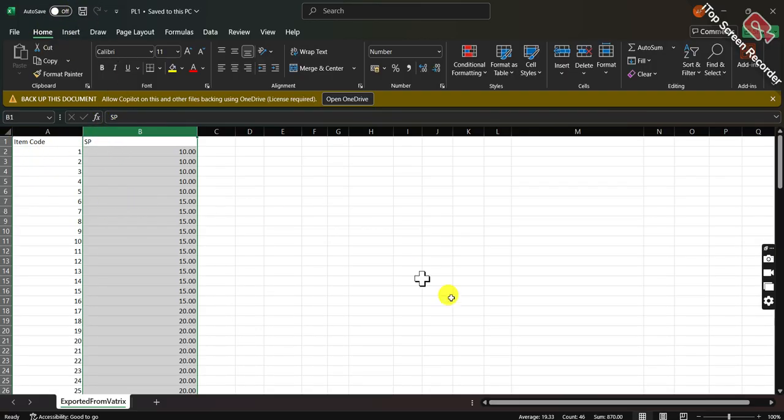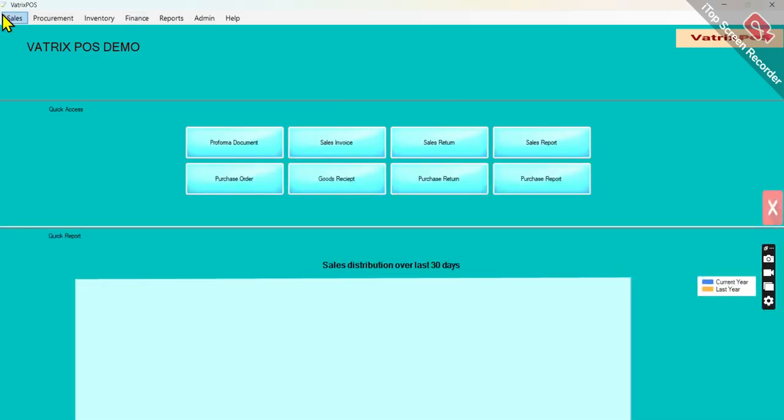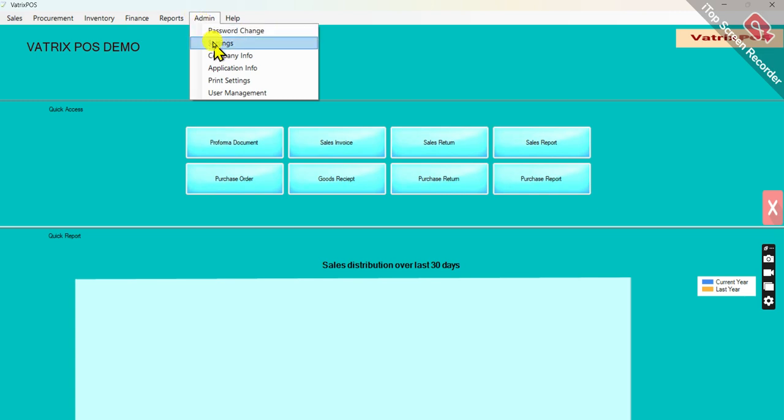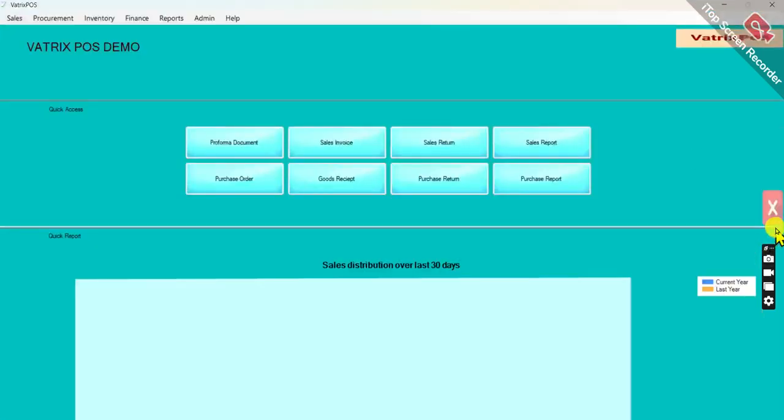button. Okay. Now open the Vatrix POS system. Now go to admin, click on settings and check the price list box here if it's unchecked, and click on the select customer option. Now go to sales, click on price list,